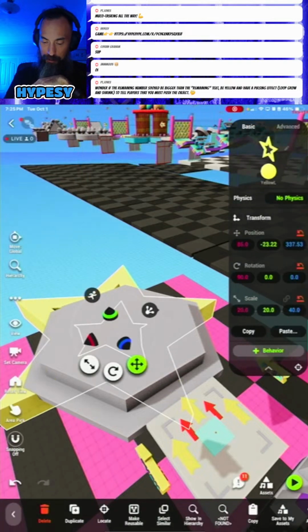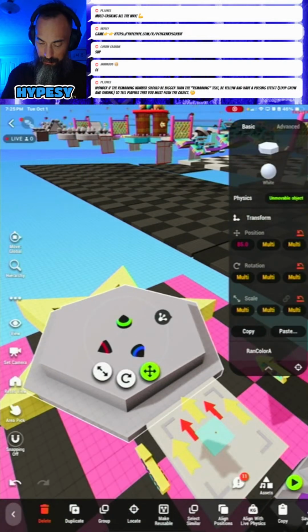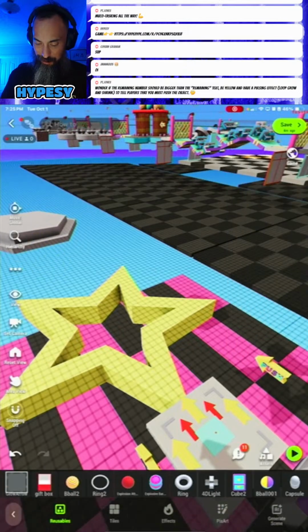I'm playing with two different shapes at once because, well, I guess I can.